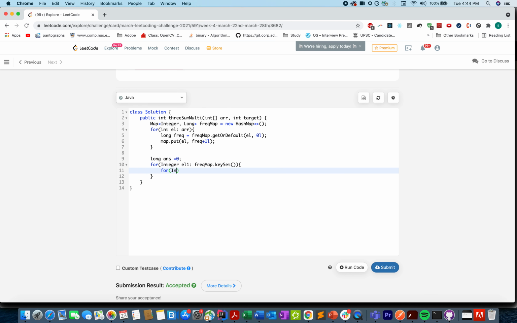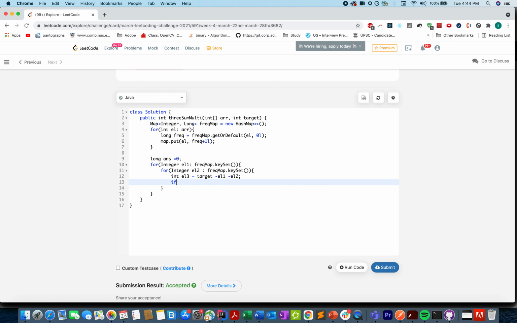And let's write another loop, integer EL2, iterating over the frequency map dot key set. I talked about we are using two loops here, and let's find our third target integer el3, that would be equal to target minus el1 minus el2.